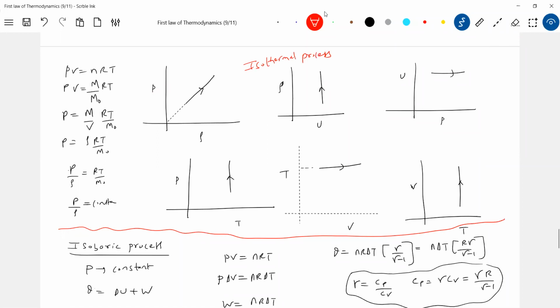Let it be this one. I supplied heat and the piston will move in such a way that